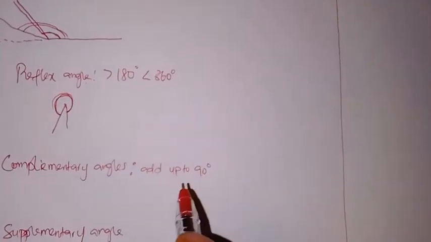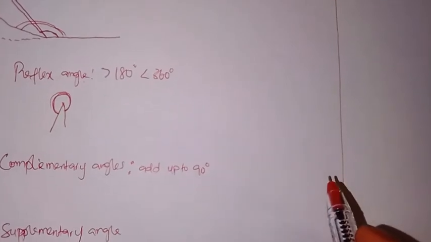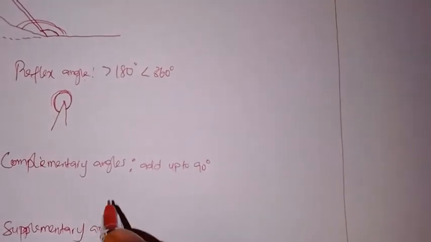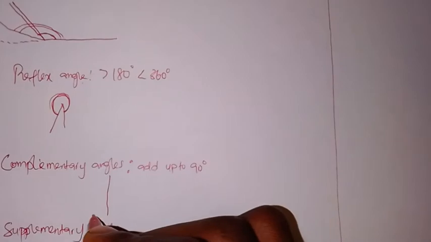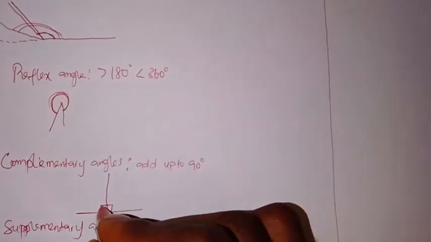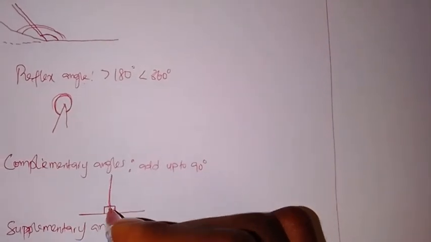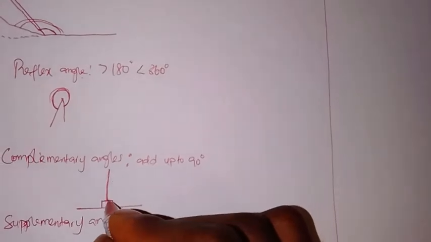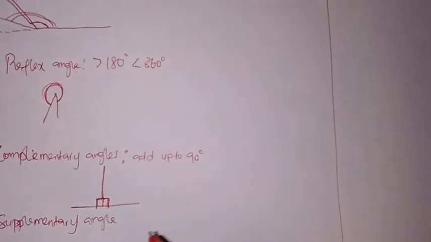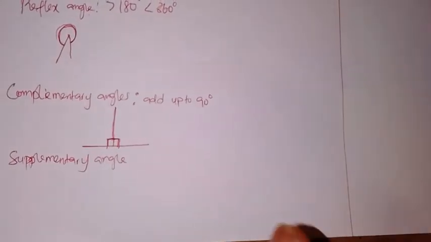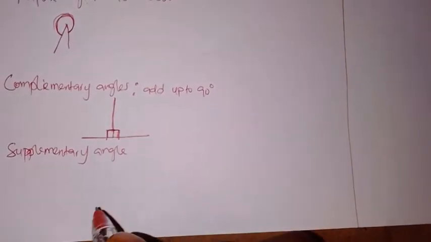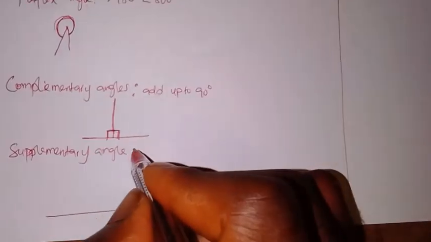If I have 36 plus 44, most likely so, it's a complementary angle, as far as it adds up to 90 degrees, which gives us a perpendicular line. You know, this is angle 90. This is also angle 90. So any angle that adds up to 90 degrees is called complementary angles. Then for supplementary angles, they are angles that